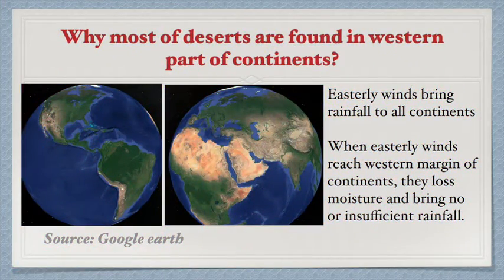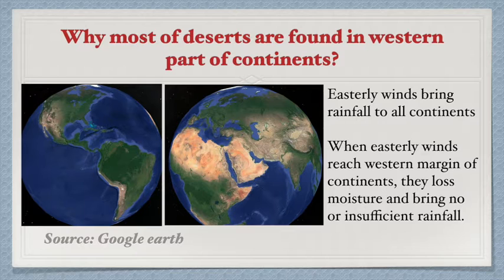Next question in your book is why most deserts are found in the western parts of the continents. Look at the map, you can see the difference. In Asia, the western part of Asia is desert area, the Middle Eastern countries. In Africa also, the entire stretch of northern Africa from east to west is desert. Similarly, in South America also, the western part is a desert. In North America also, the western part of that continent is a desert. Why? In all continents, the western part